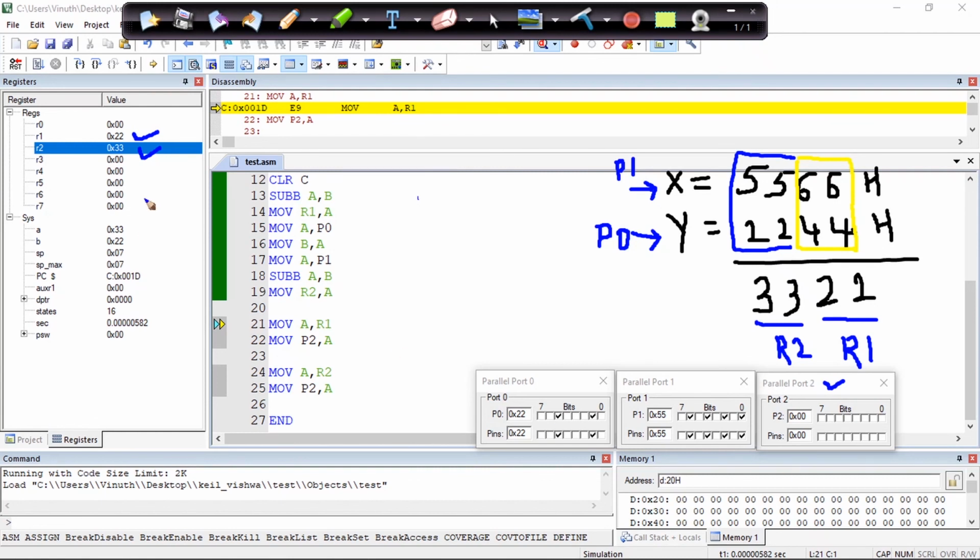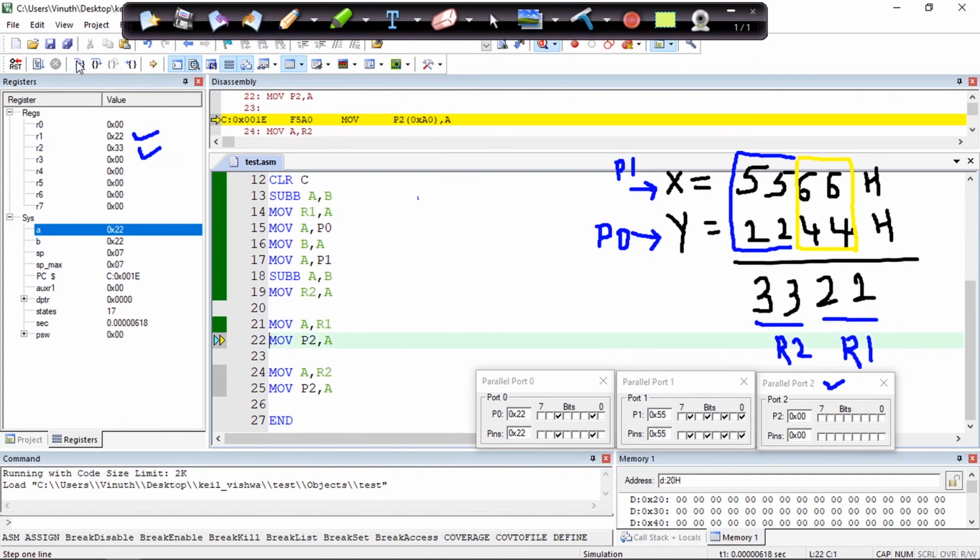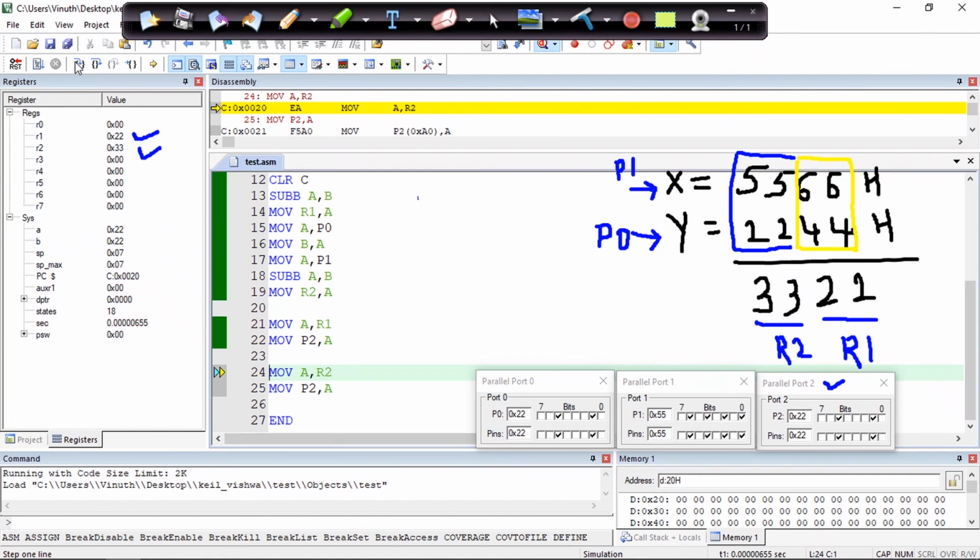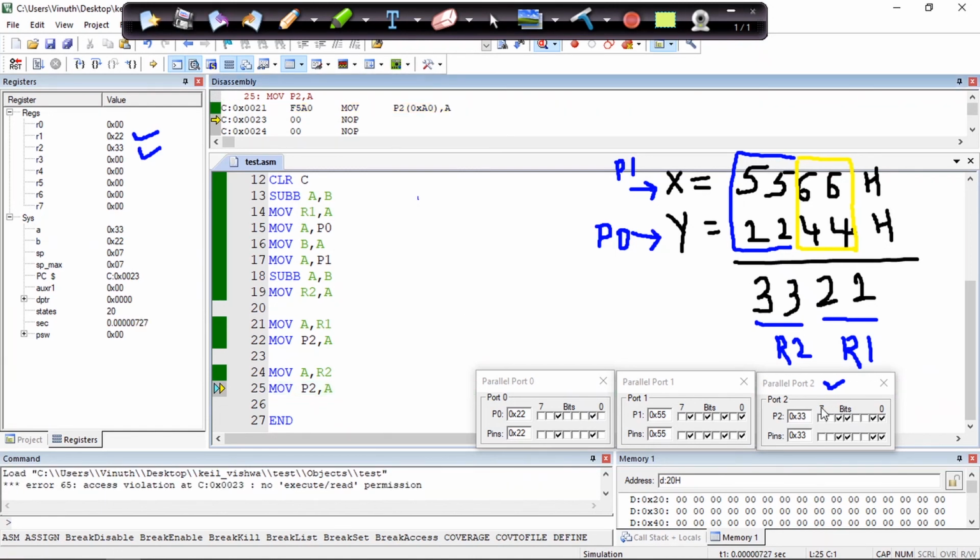So in order to do that, I'll get the data from R1 to register A, and now you can observe port 2 is 00 as of now. Now you can observe it has been loaded with 22 hexa. So now I'll get the data from R2 and then again I'll send it to port 2. Now you can observe this as 33 hex.